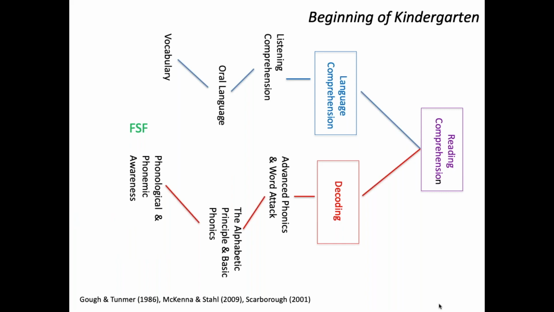At the beginning of kindergarten, the screening is primarily with first sound fluency. You also have that extra risk indicator, letter naming fluency. And first sound fluency is telling you if a student at the beginning of kindergarten has even a little bit of a clue about the sounds in spoken language. And if they do, great. You can move forward in teaching them the more advanced phonemic awareness skills. But if they don't, you want to know about those students right away at the beginning of kindergarten